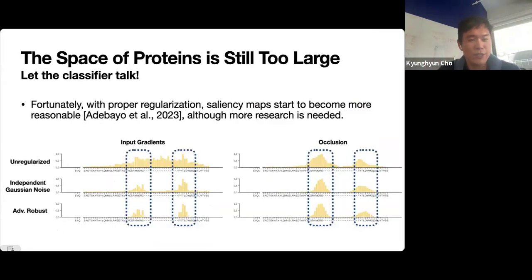But then, fortunately, last year, before Julius left for his own adventure, he noticed that with proper regularization, the salience maps start to become more reasonable and more faithful to the data generating process. There's definitely more research to be done in order for us to explain this much better. However, empirically, we found that having a proper regularization, such as independent Gaussian noise or adversarial robust optimization, almost always led to a classifier that is able to identify the correct places that are relevant for making a